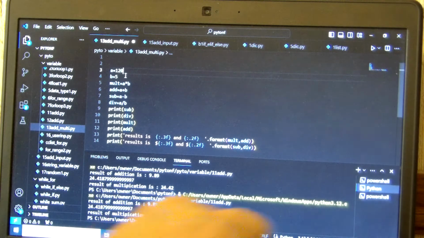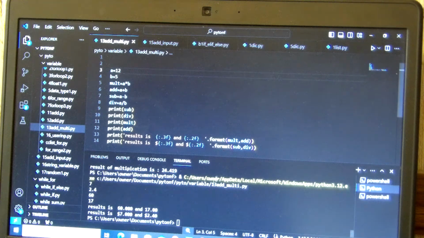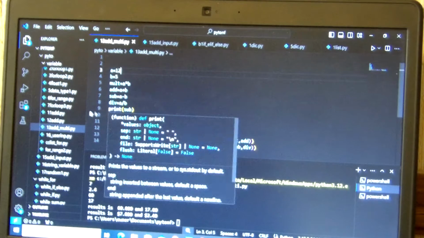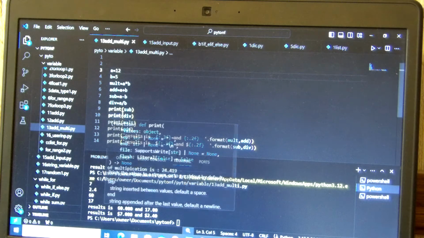Oh, I said 12. Okay, when you run it, A is 12, B is 5. Multiplication, A times B, you put it in the variable name multiplication. The addition you put add, and subtraction you put A minus B, and division. And then we've got to print all those, like the first one, we print